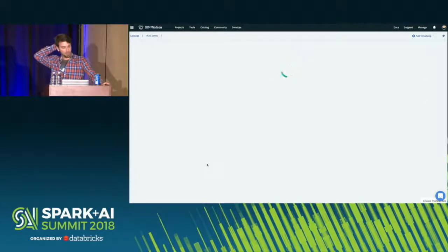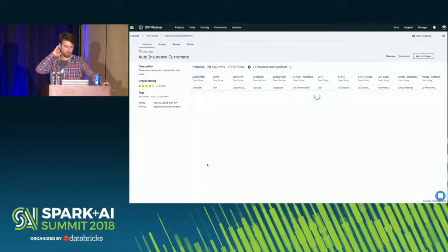I'm going to open one of the data sets here, just to give you an example. This is a sample data set for insurance customer data. When you click on it, you have a preview of that data set. You can see, for example, that we have 2 columns that are anonymized. So what we're doing here is we're activating policies, and we're basically making the full data set available for a data scientist, but these 2 columns are anonymized,